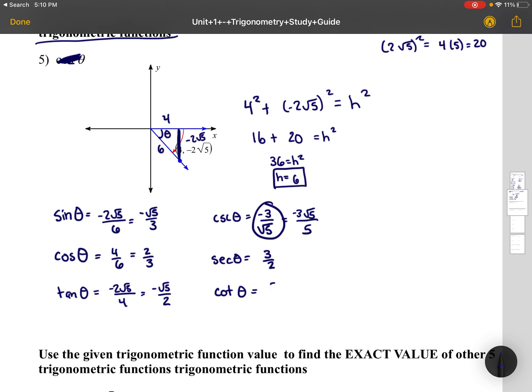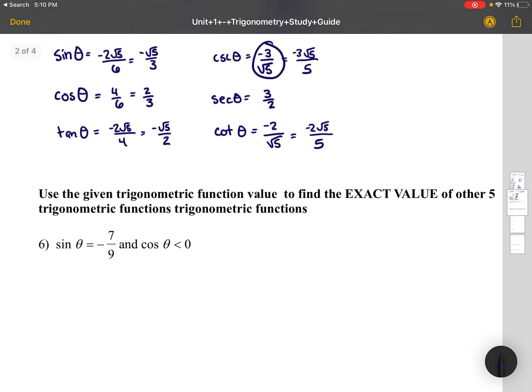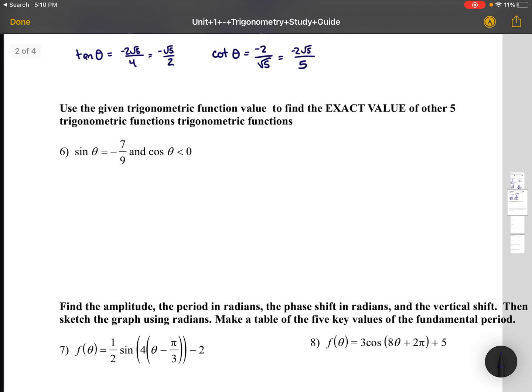Cotangent theta is going to equal negative 2 divided by the square root of 5, or negative 2 square root 5 divided by 5. However you want to think about it. All right, so that's it. We used the Pythagorean theorem to get the hypotenuse, and then we wrote our 6 trig values. So for number 6, we have